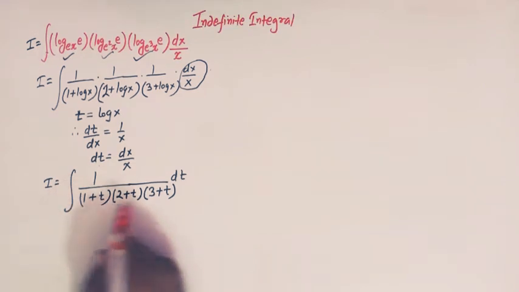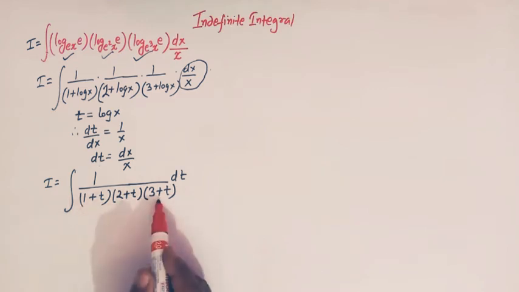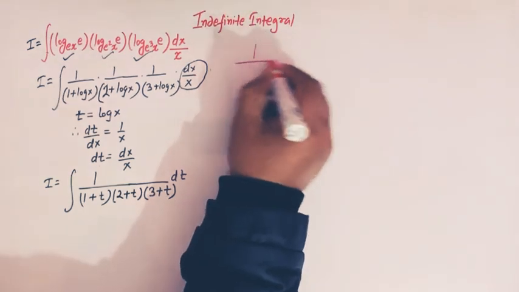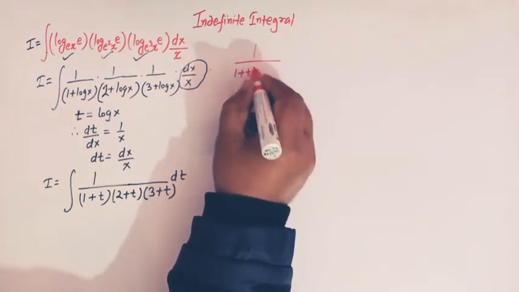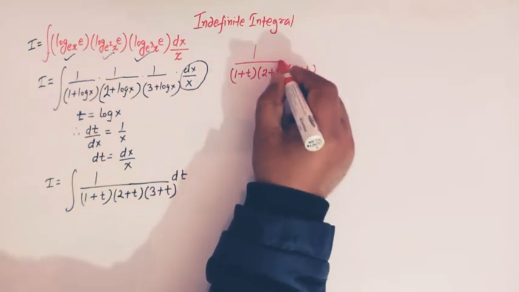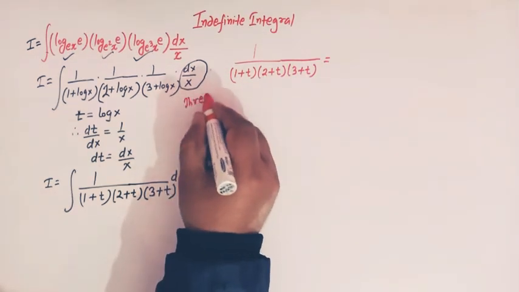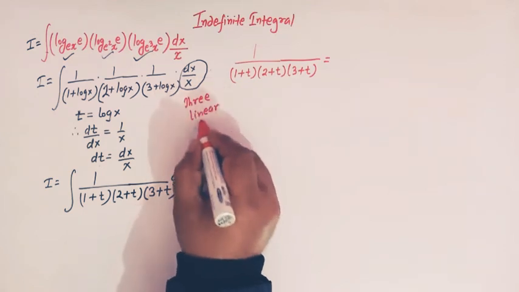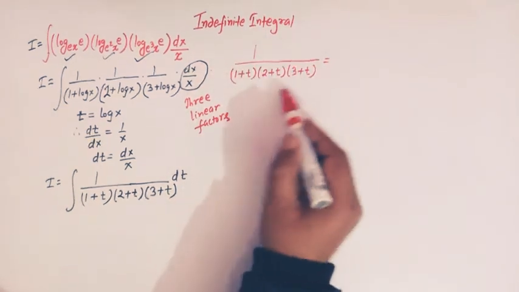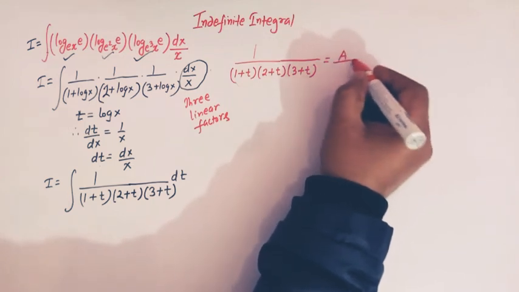So now viewers, we see that we arrived at a form where we have to use the method of partial fractions. So now we have our integrand like this: 1 plus t, 2 plus t, and 3 plus t, right? And we see that here we have 3 linear factors, right? Linear factors. So now we can decompose this rational function into 3 partial fractions, like a